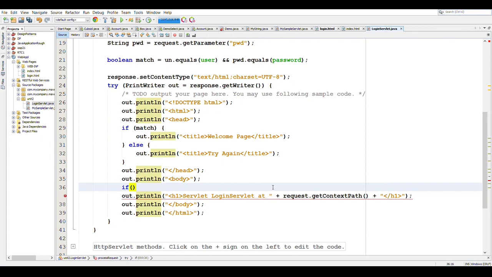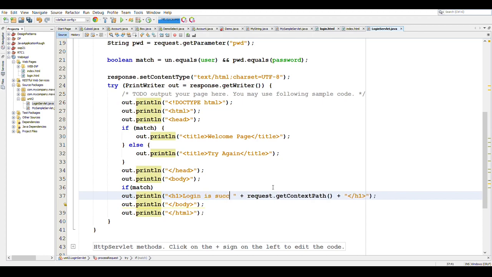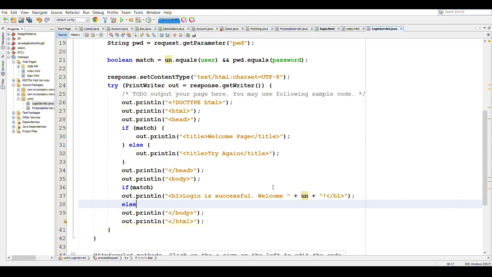if the username and password match, then we will print a message that login is successful and welcome username. Else